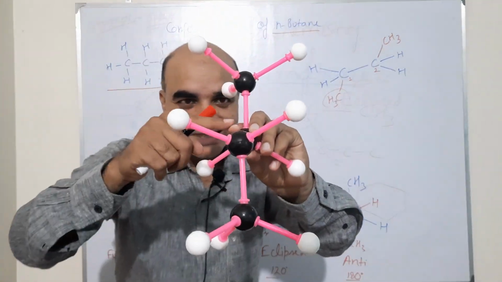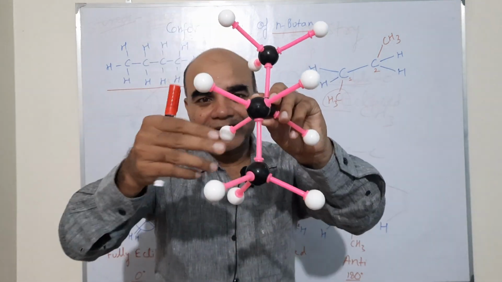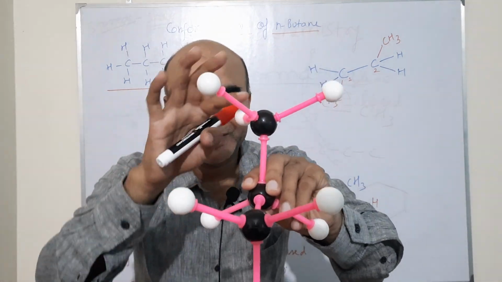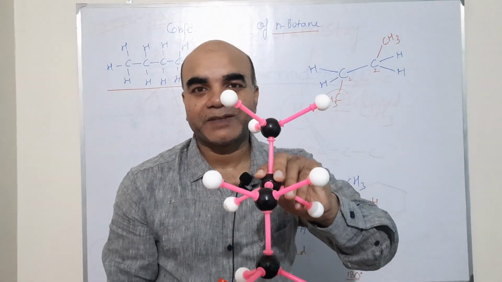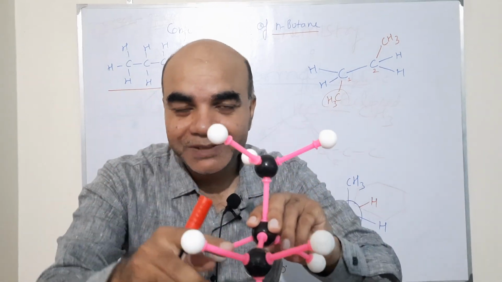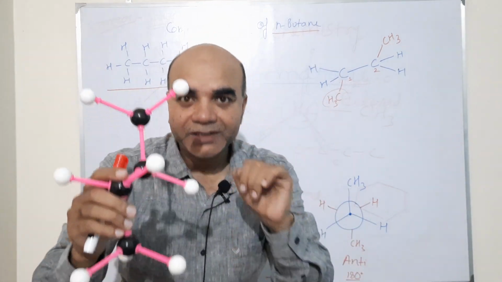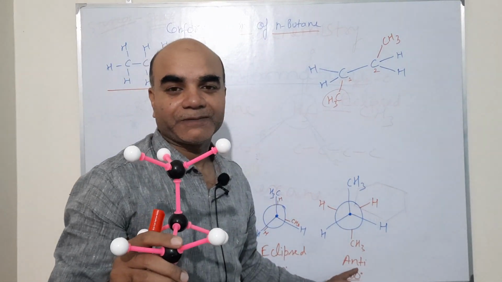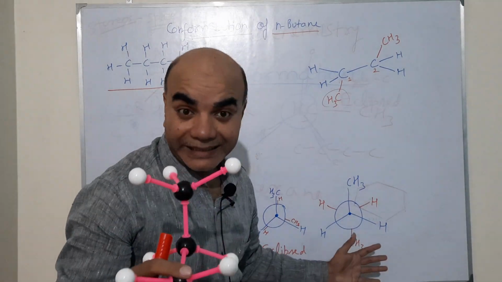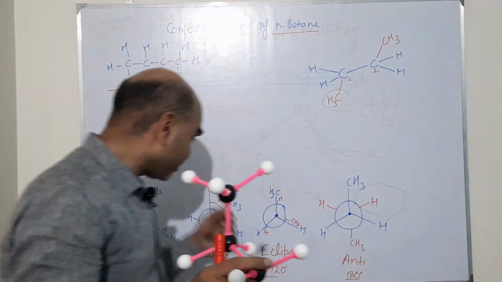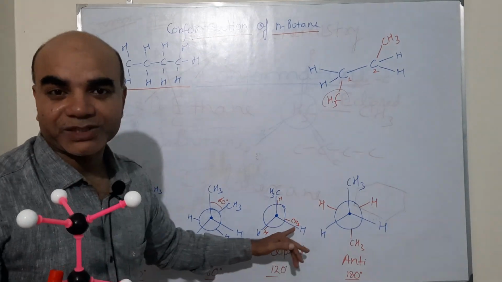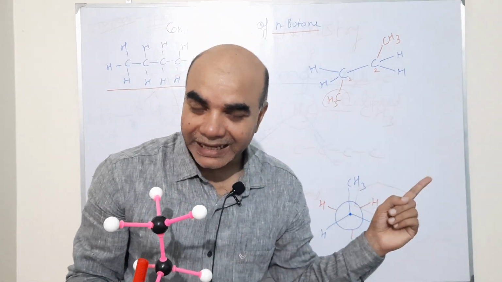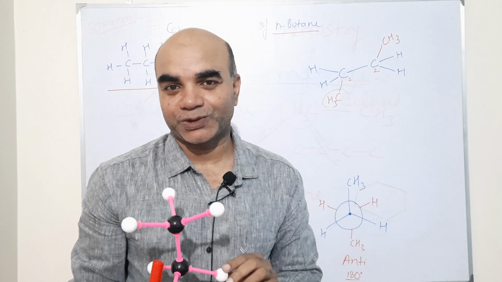Now one methyl group is upwards and one methyl group is downwards. See? There is no interaction at all between these two methyl groups. So this will be the most stable conformer, and the free energy will be the lowest among all of these. This conformer is known as the anti conformer, and the dihedral angle will be 180 degrees. So in this way you can see that 4 types of conformers are possible in the case of N-butane. But in the case of ethane, 2 conformers are possible.